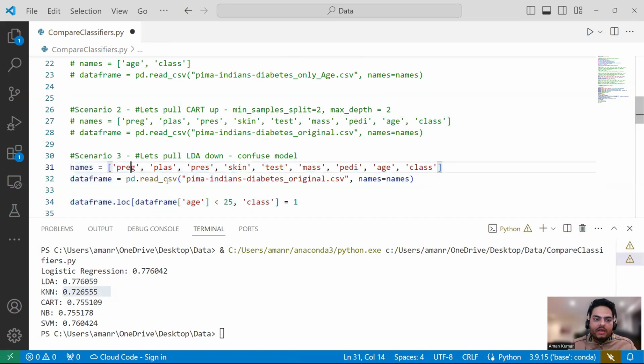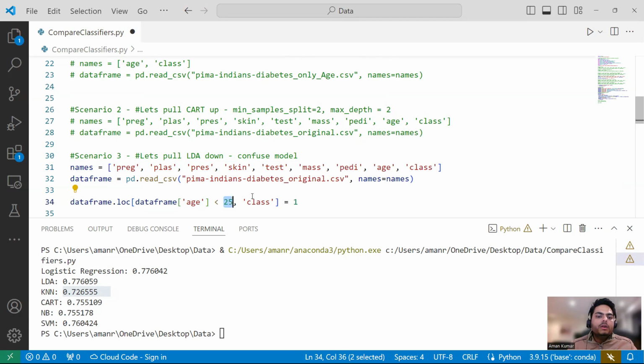Same data I'm taking, but here I'm adding an additional line. I'm saying if the age is less than 25, then make the class as 1. How will that help me? That will help me because people under 25 years of age are less likely to have diabetes.